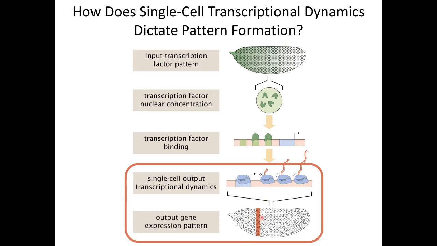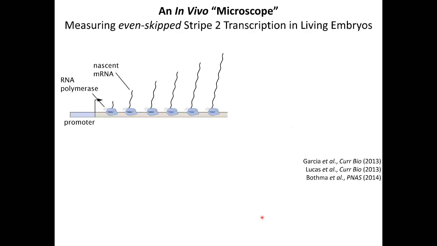And to do that, you need to be able to look at transcriptional dynamics in single cells in a living embryo. And to do this, we use some technology that we developed in my postdoc lab with Thomas Gregor at Princeton, and that was also developed in parallel in Nathalie Dostatni's lab at the Curie Institute, using technology invented by Rob Singer. And the idea is the following.